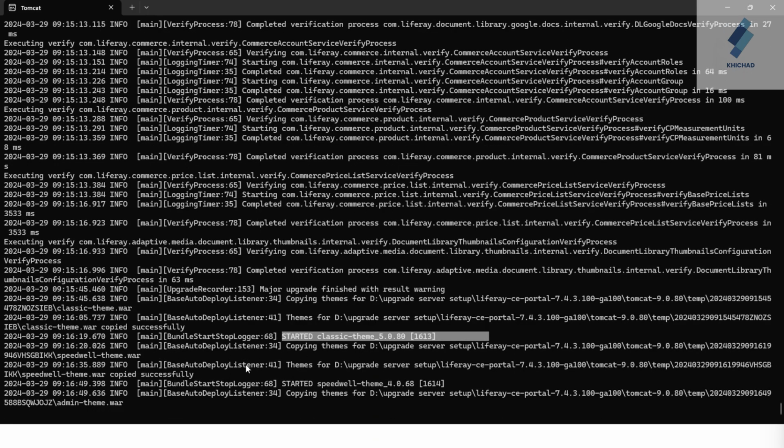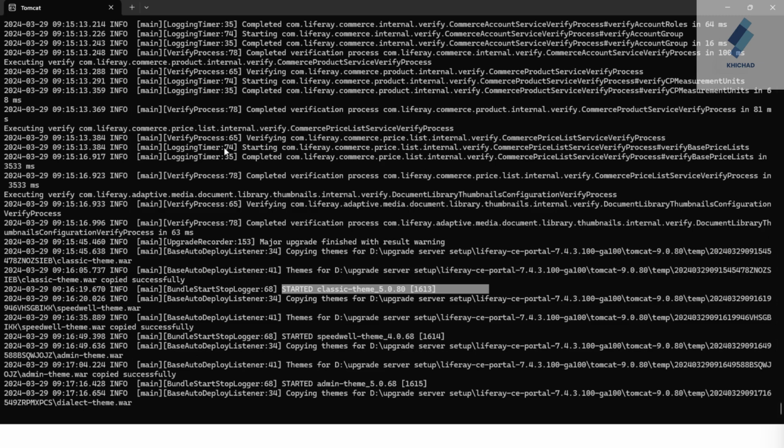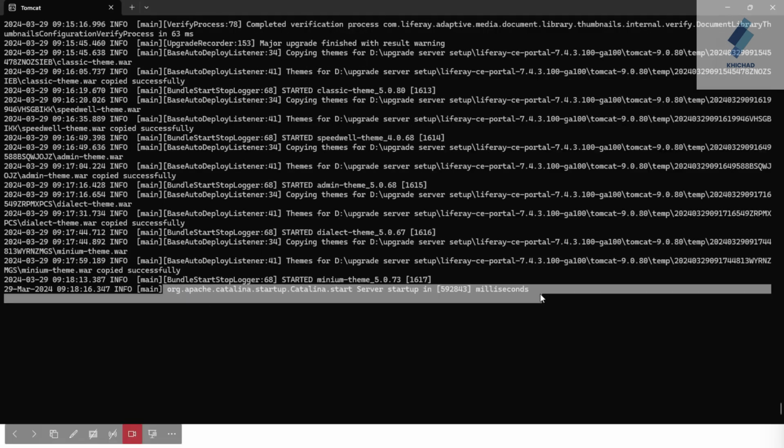If the Liferay server has started successfully, then we will move on to the next step. Now you can see your Liferay server started successfully.